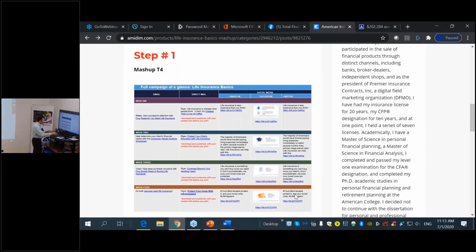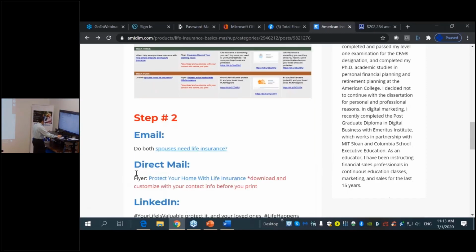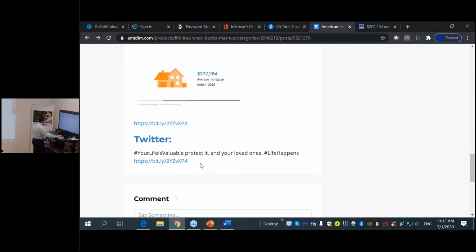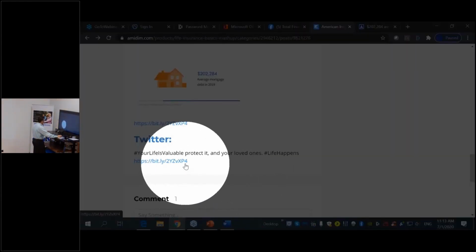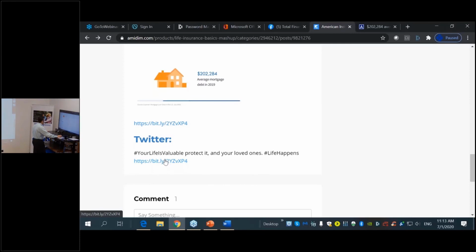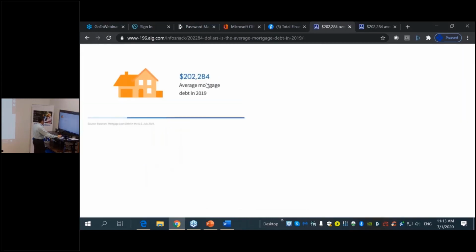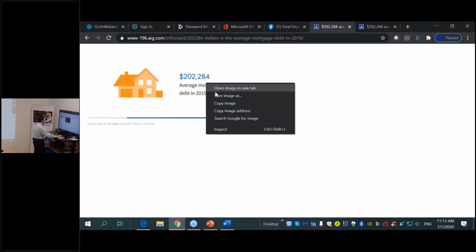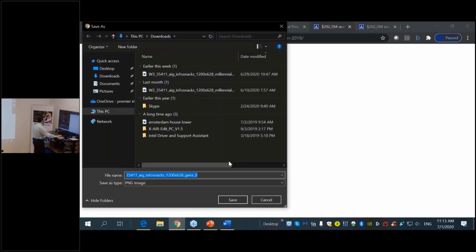In Twitter, we're again going to do the same thing. So you go down here to Twitter, and you have the bit.ly shortener here. Now, remember what I tell you all the time: in Twitter, the editor does not read the instructions. So you cannot copy and paste the bit.ly shortener. What you need to do is go to that image like this and save the image into your computer. So I'm going to save the image into my computer.